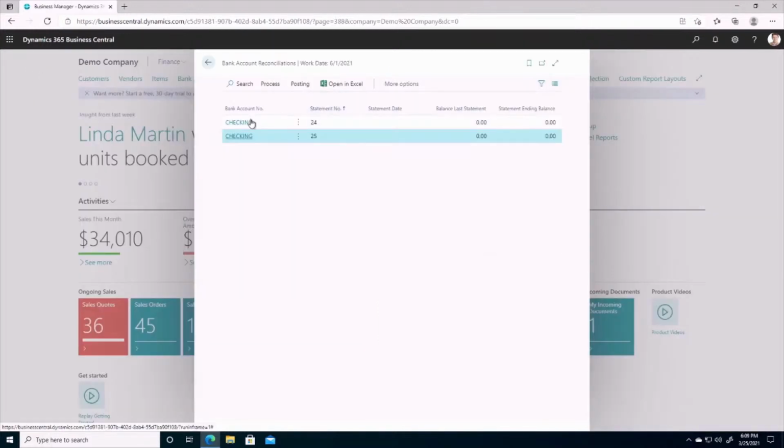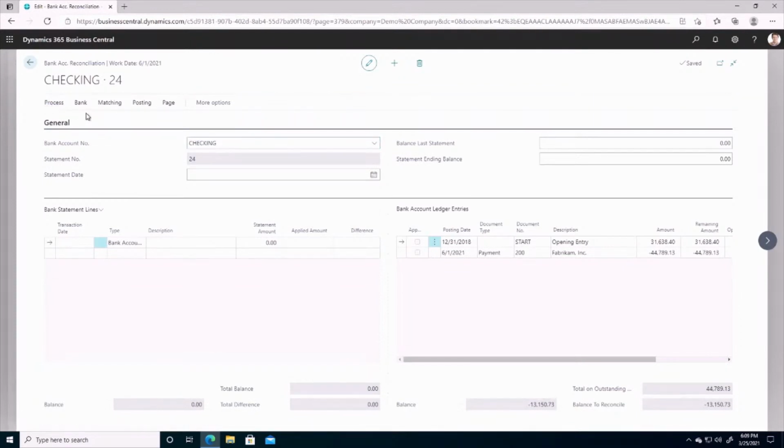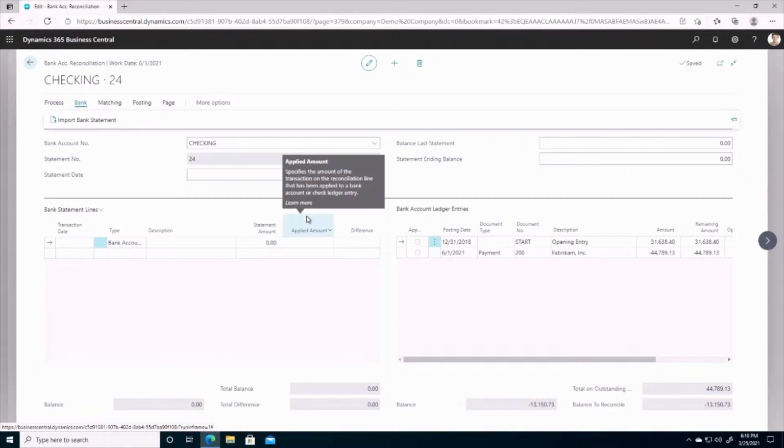The final method I wanted to talk about was importing your transactions using the Yodlee bank feed service. So this one's not actually set up here in the system at this time, but I'll just talk about it briefly for you. So if you were set up with the Yodlee bank feed service, all you would have to do would be go to bank and import your bank statement, and it's going to pull up another window that's going to ask you from which bank you want to import your transactions and for which date. Okay, so that service links directly to your bank account, and you can start importing transactions daily if you'd like,